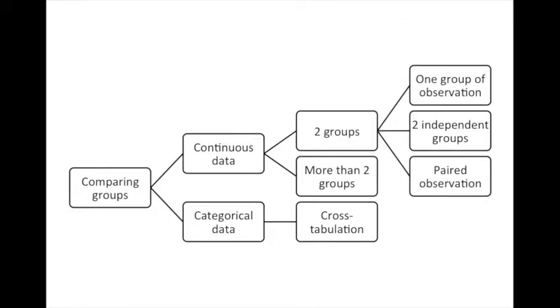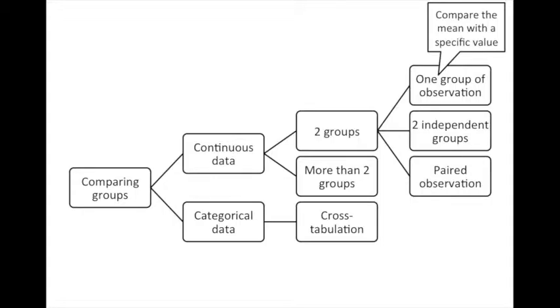When we want to compare groups, we should know whether we are going to compare the groups for a continuous variable or for a categorical variable. And then, if it's categorical, whether we are comparing just two groups or more than two groups. Of course, we can have a comparison for one group of observations, comparing the mean with a specific value. But more often we are comparing two groups, and these two groups can be two independent groups, or it can